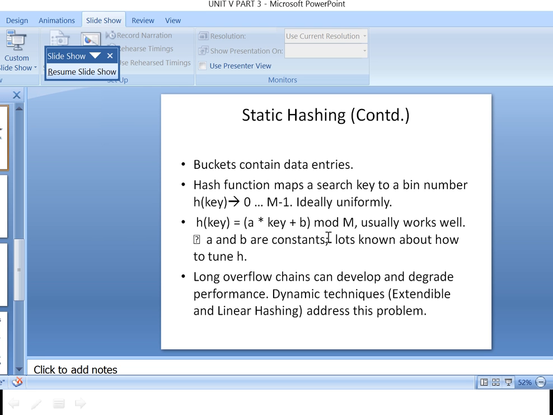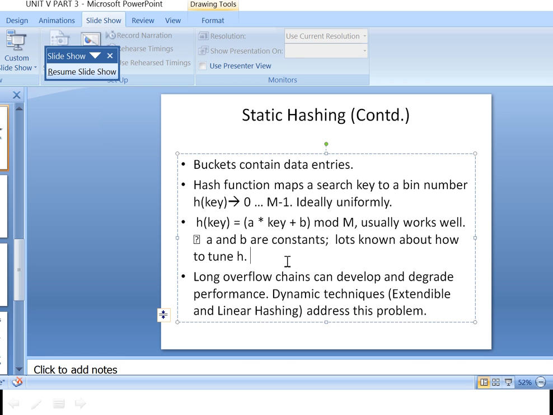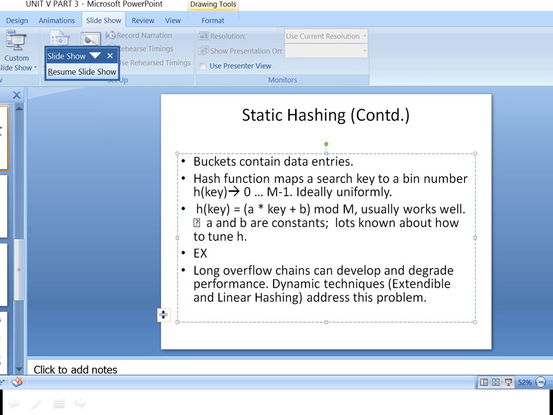Here, for example, a into key plus b mod m. For example, a is equal to 1 and b is equal to 0. What does that imply?